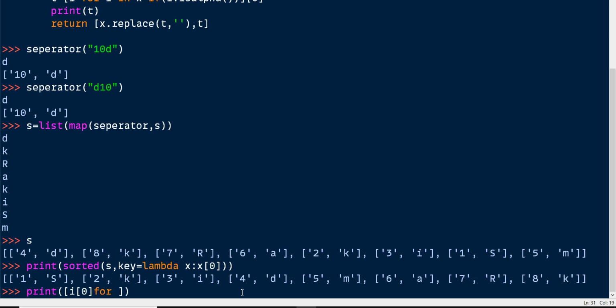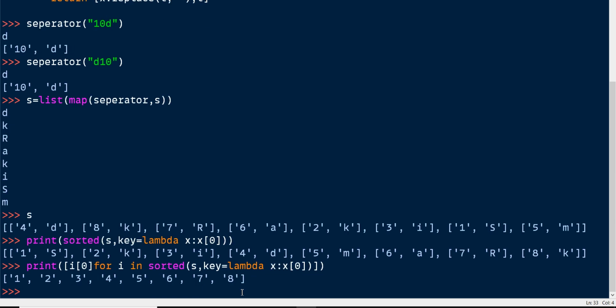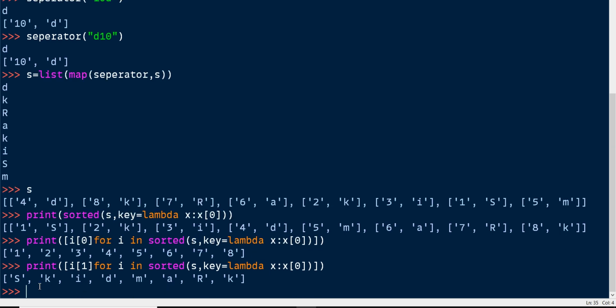This i of 0 is nothing but the value inside this sorted value, for i in this statement sorted. If I mention this, we will get only the character. Sorry, this should be i of 1. My mistake. Now we got the skid mark.